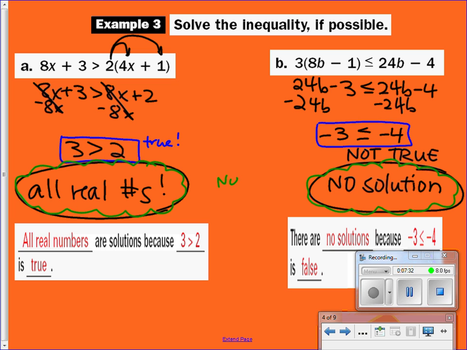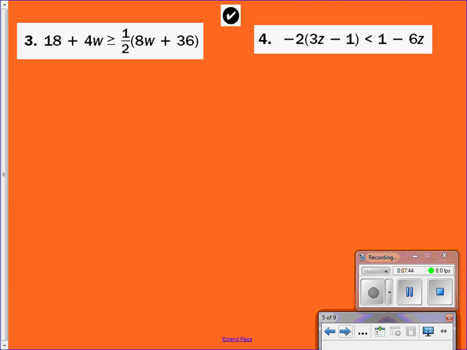And in both cases, there's no graph, because either there's a graph of all possible solutions, which would be everything, or there's a graph and nothing on it. So you would not graph whatsoever. You might have cases where there are no solutions and all possible solutions, but you don't know that until you